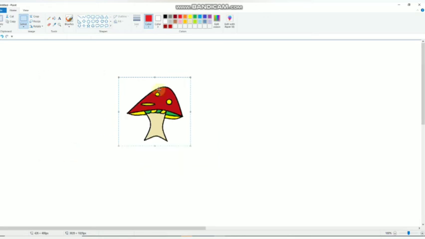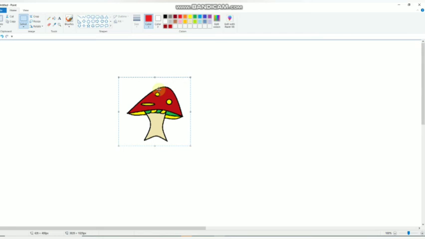You can see the drawing is resized, 75% of the original. It decreased its size. This is because we have selected the percentage option and typed 75 in the text box. This means that we want the figure to be resized to 75% of the original. This is the reason why the mushroom is smaller in size than the original one.